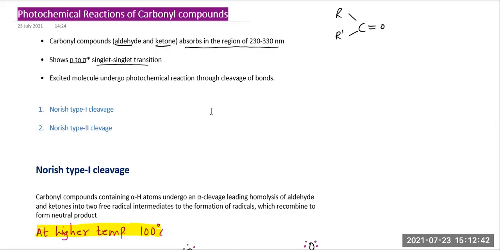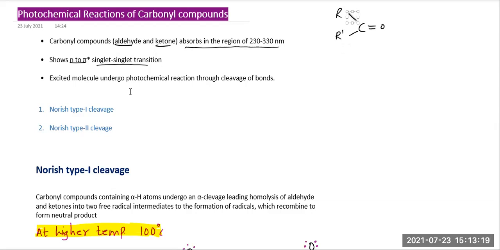Basically, the carbonyl compounds have only sigma bonds. You can see here the carbonyl carbon having only sigma bonds. This double bond is between the carbon and oxygen, but the carbon to carbon bond is a single bond. Simple small carbonyl compounds cleave a sigma bond in the alpha position, so simple carbonyl compounds always cleave at the alpha position of the carbon chain with respect to the carbonyl group.